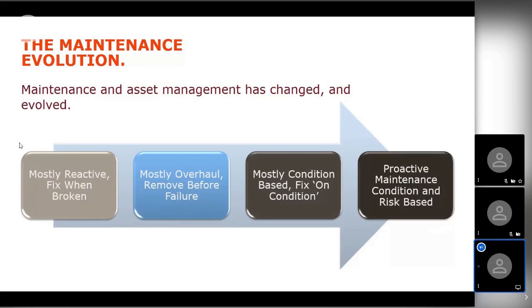Maintenance is a bit of a cycle, or operations is a cycle, but it's changed over the last century or so. If you think back to the early 1900s, what was equipment like back then? It was slow moving, it was over-engineered, didn't have too many problems, there wasn't a lot of pressure. So when things broke, no problem, let's just go out and fix it.